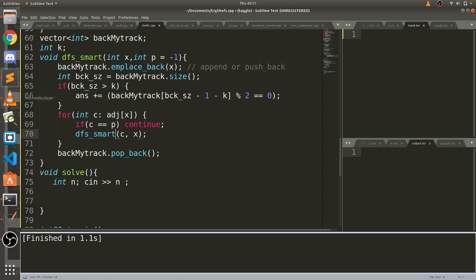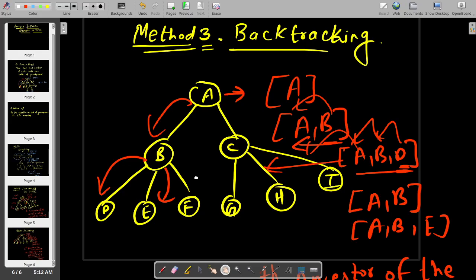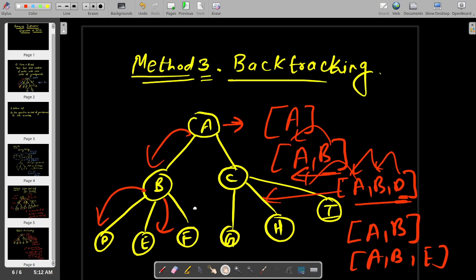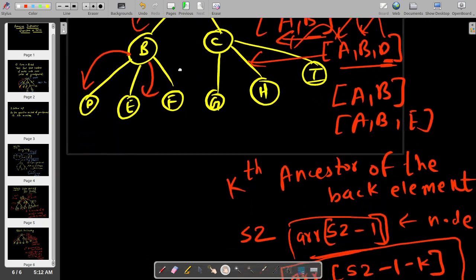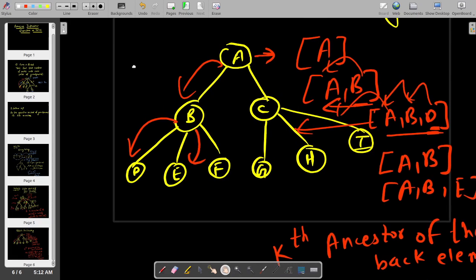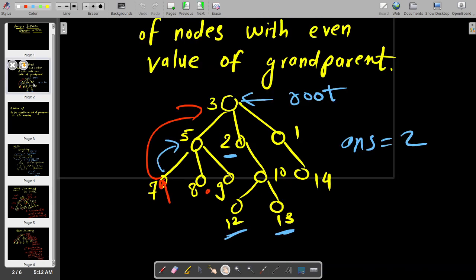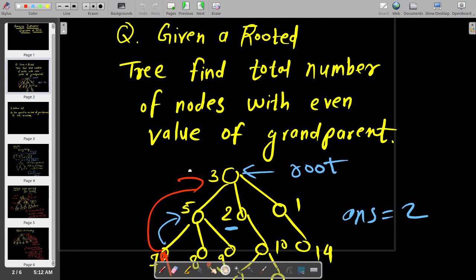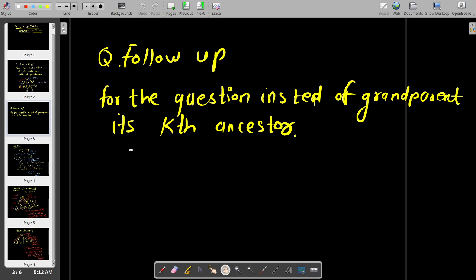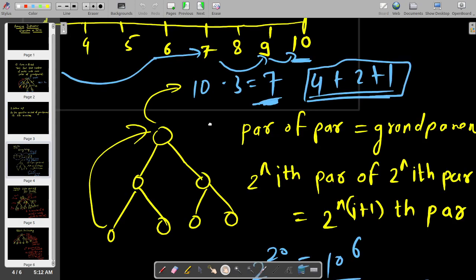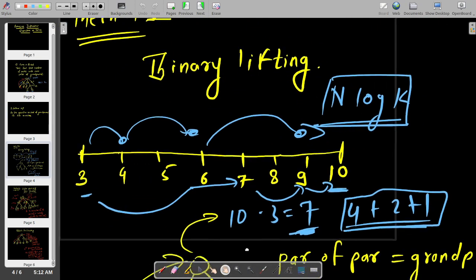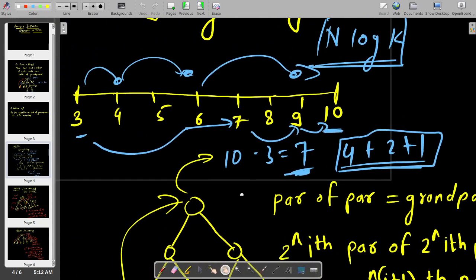In this simple way, you could solve this question, and you should solve it like this in the interview if asked. This is the method of backtracking. So basically, first the question was for grandparent, and then there was the follow-up question. Then I showed you how binary lifting works and its n log k complexity.